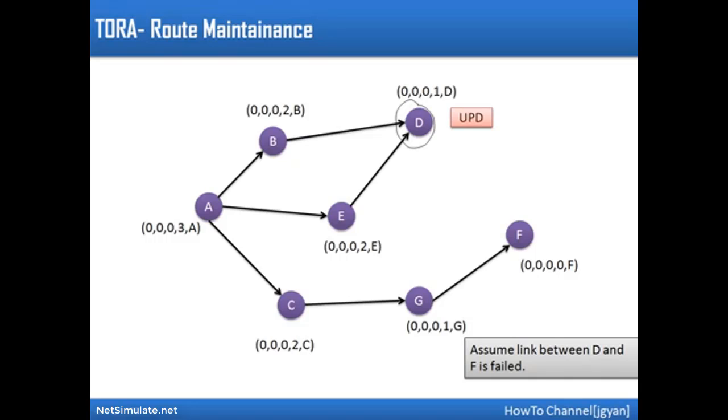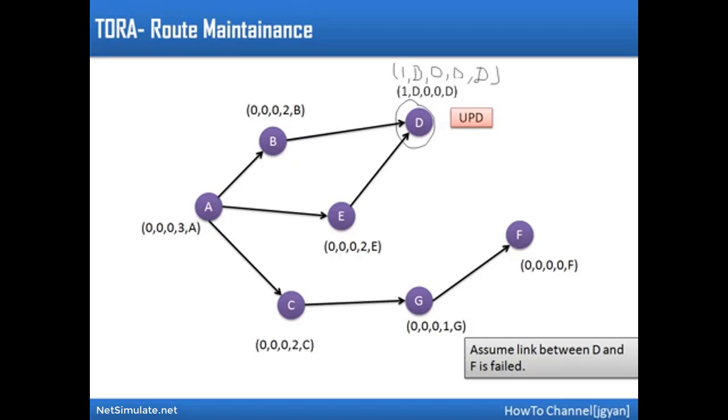So this node will create a new reference level. How will it do it? It will add 1 to the old reference, which is 0, so it will make the first attribute 1. Now, what will the second attribute be? The second attribute will be the ID of this node itself, because this node is creating the reference level. The third attribute will be 0 itself. The fourth attribute also will be 0, and the fifth attribute will be the ID of this node itself. So it will update its height to this one,